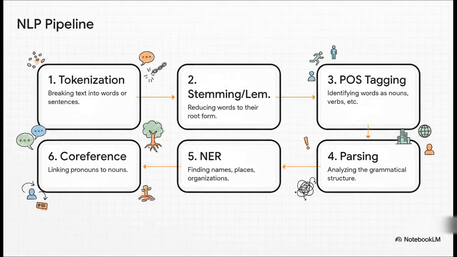This right here is a typical NLP pipeline, and you've got to see it as a sequence. Each step builds on the last one. You start with something really basic, tokenization, which is just splitting the text into words. Simple enough. Then you might simplify those words with stemming or lemmatization, getting them down to their core root. Only after you've done that can you do part of speech tagging, where you label each word as a noun, verb, or whatever. And that step is essential before you can move on to parsing, where you figure out the whole grammatical structure. See how it builds? The higher level tasks at the end totally depend on the groundwork laid by the earlier steps.